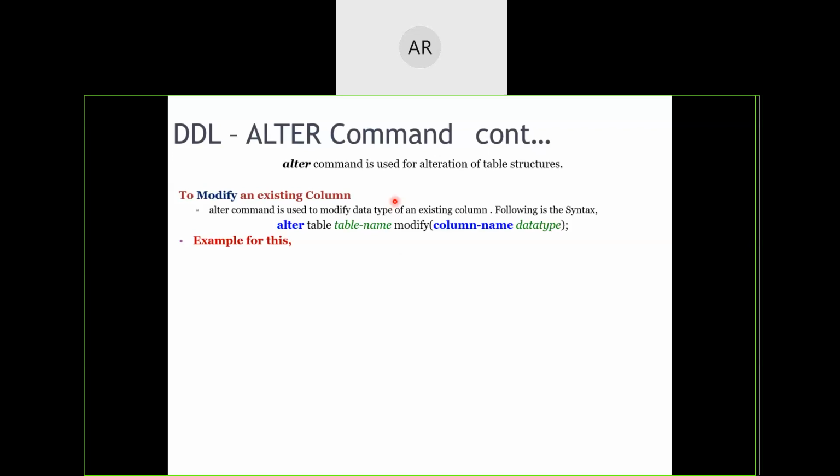Coming on to modification, that means change of data type. We have to use a keyword called modify. Okay. So just like add was there, here modify will come, and here you will specify the already existing column name and what is the new data type that you want to modify it to. But here the problem is you cannot modify the column data type unless and until the table is blank. That column is not going to contain any value.